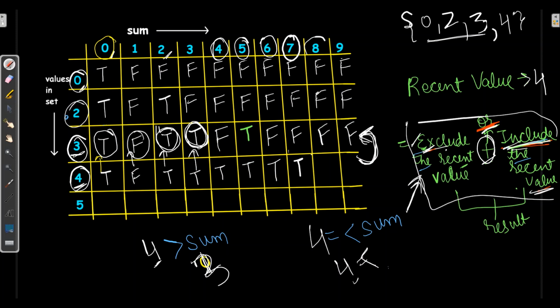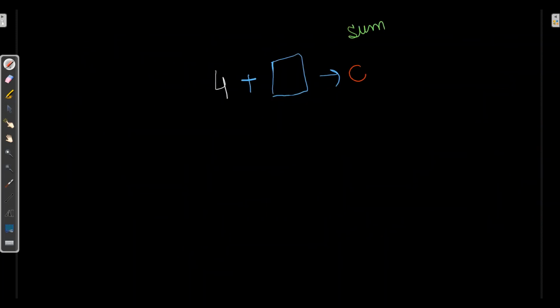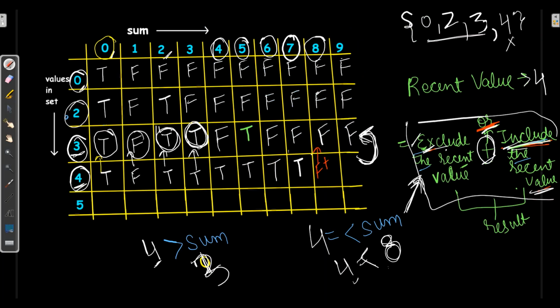Now for making sum 8, in sum we have 8. So first I will exclude this 4. So for this I will copy from above, false, or so as to make sum 8 I need to add 4. So I will verify in the above cell in the 4th column, which is false. False or false makes false.